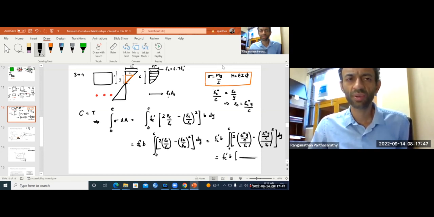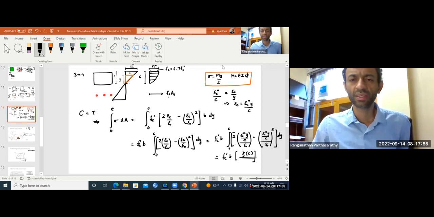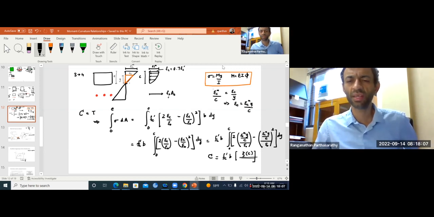So this is some function, let's say chi of c. Now this is equal to the tension force. This is the uppercase C, compression force in the compression block. C should be T, right? What is T? Now T is,